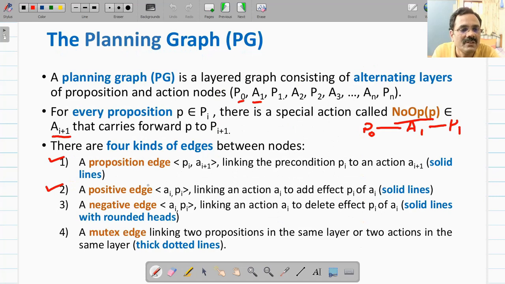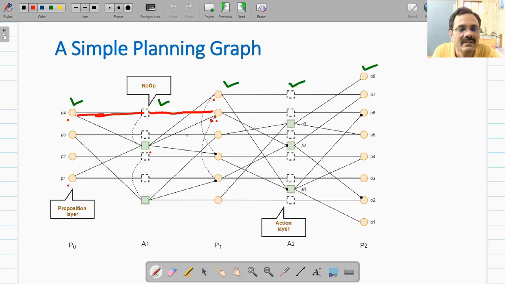So that is your positive edge. Similarly, we have the negative edge Ai Pi, from action to preposition, linking an action Ai to a delete effect Pi of Ai. So if that action is executed, then it will delete that particular preposition. So effect minus. Solid lines with rounded heads represent a negative edge. So this is representing a negative edge.